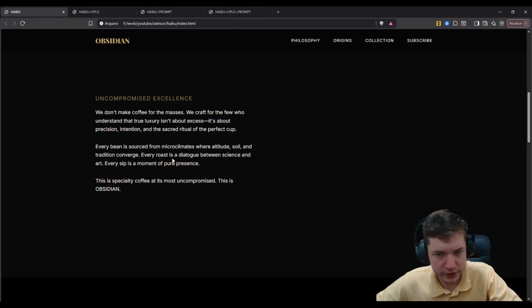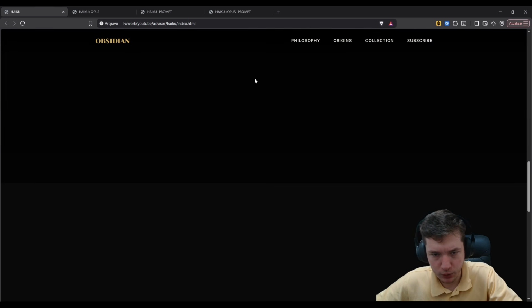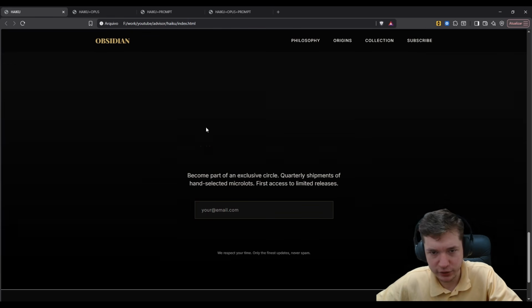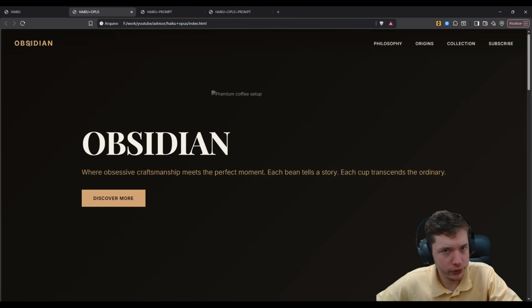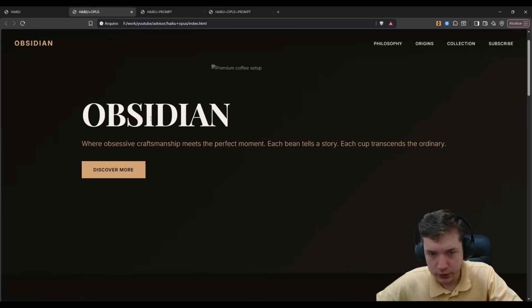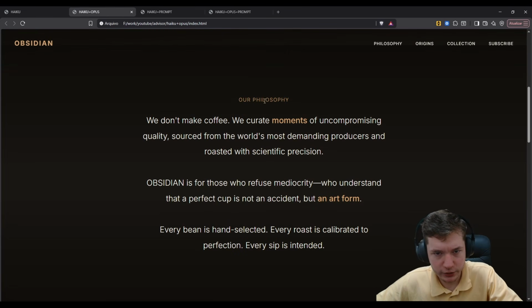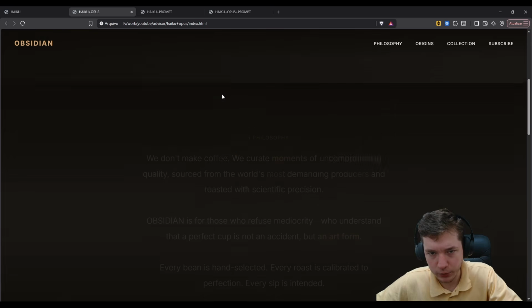I'm sure we can improve this copy right here, and everything else is just blank. I don't know what happened right here, but Haiku couldn't do the page itself. And if we check the Haiku with Opus as an advisor, we can see that it is much better. It actually accomplished the entire page with just some minor problems right here with images,